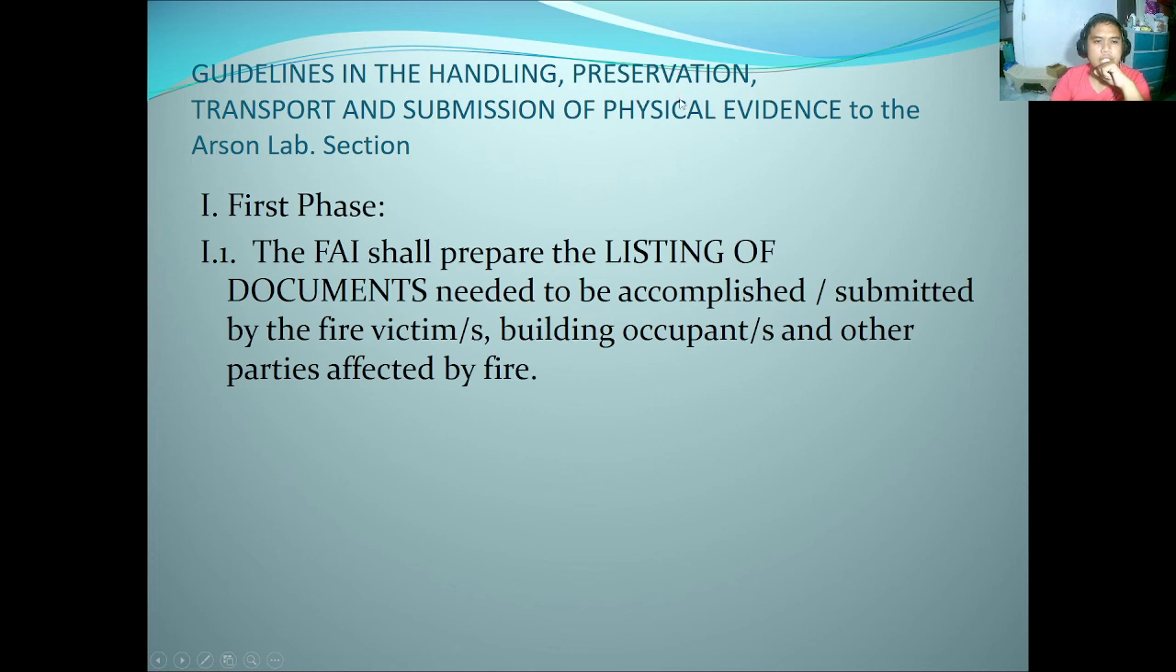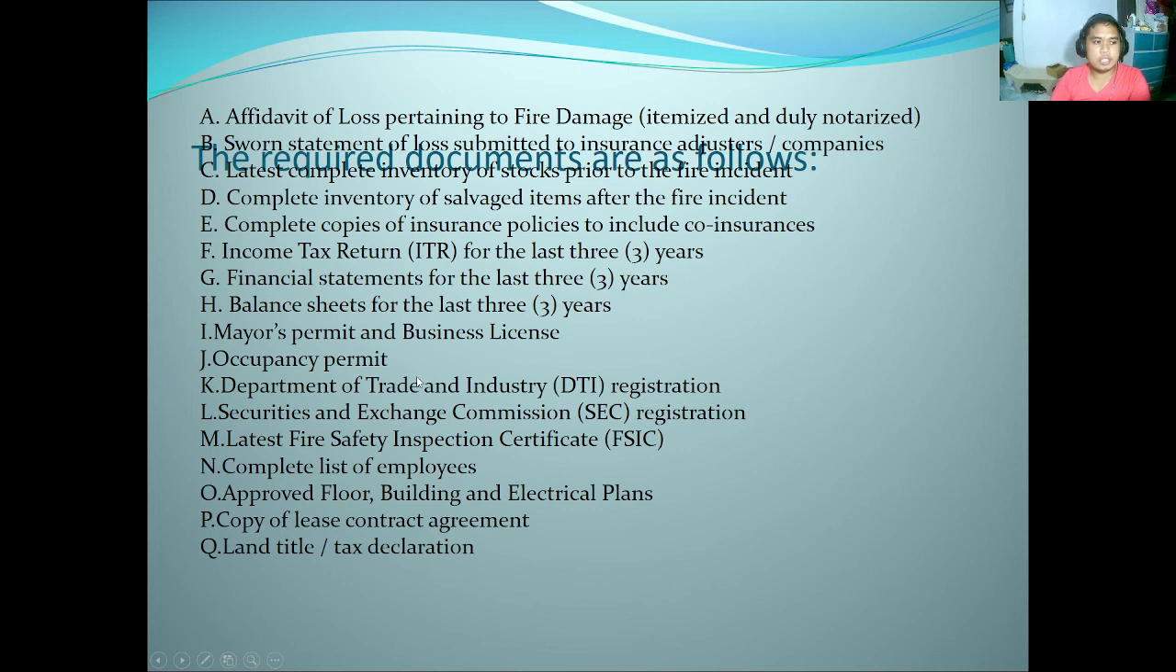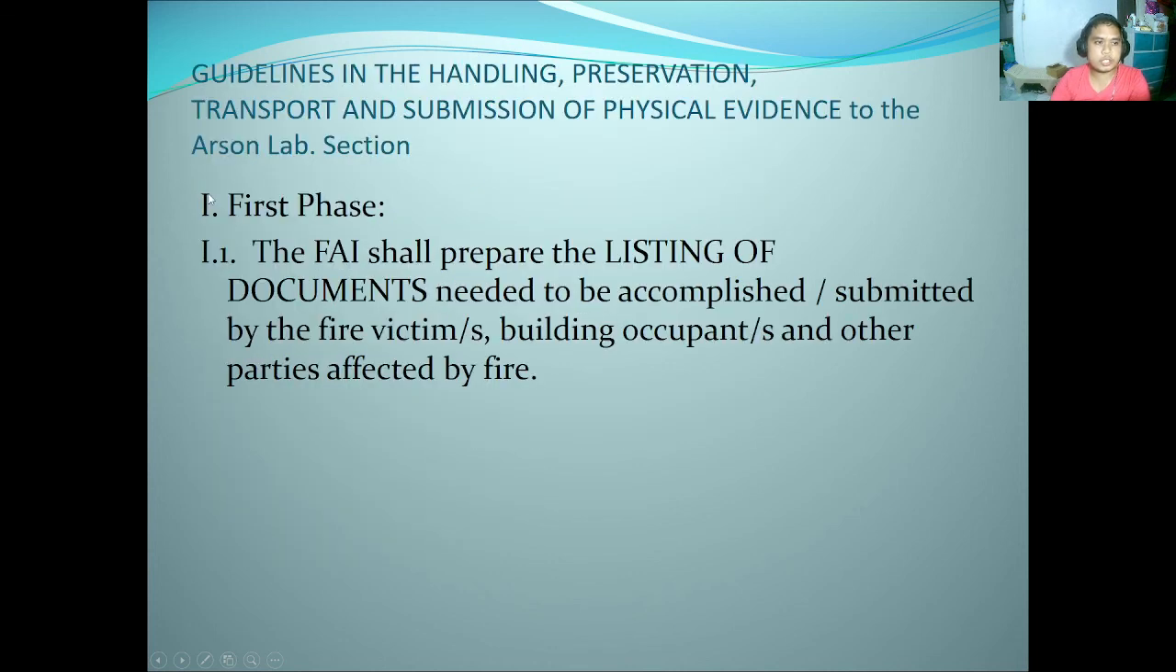Guidelines in the handling, preservation, transport and submission of physical evidence to the Arson Lab Section. The first phase, the FAI shall prepare a listing of documents needed to be accomplished and submitted by the fire victim, building occupant, and other parties affected by fire. Yan po yung first phase natin. Ito po, A, B, C, D, E, F, G. Ito po yung mga kailangan dito sa first phase natin,